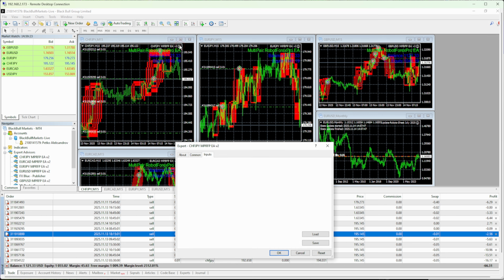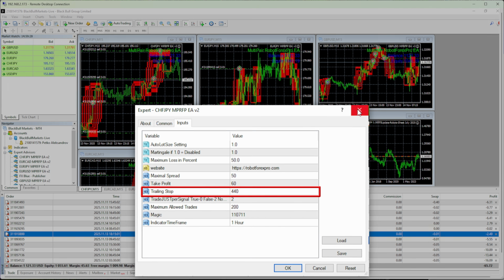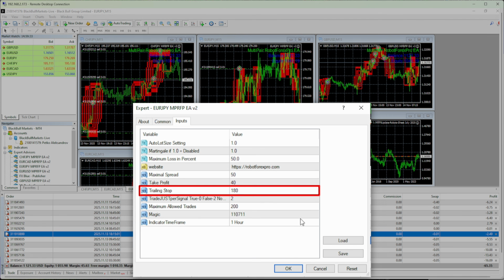Each currency pair also has a different trailing stop and input, so make sure you use the correct set files